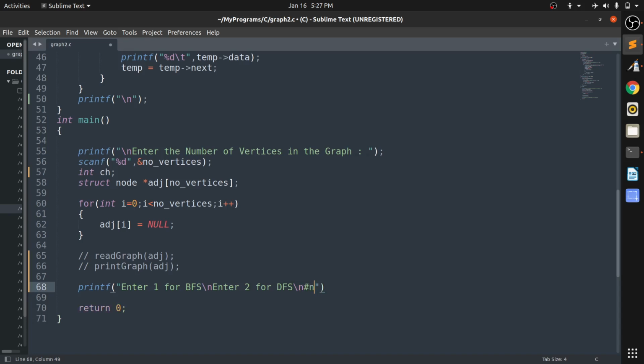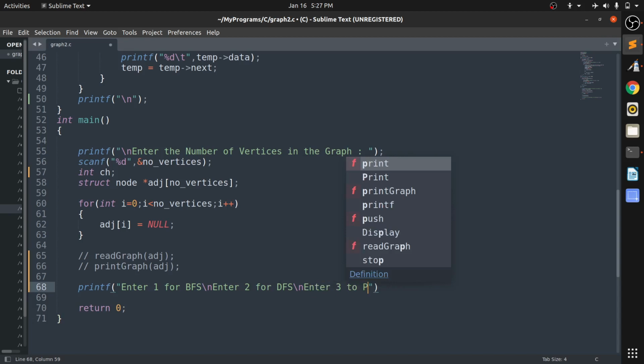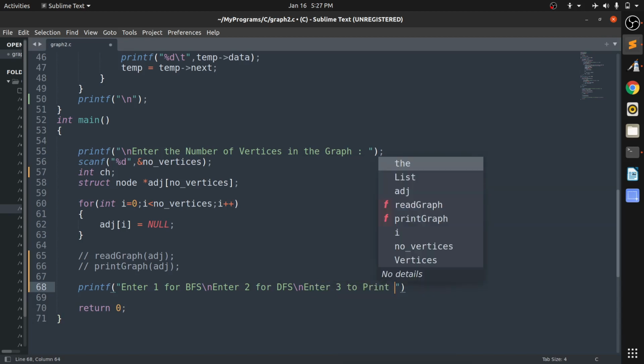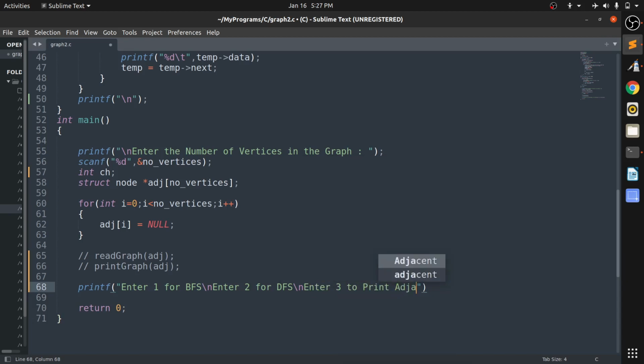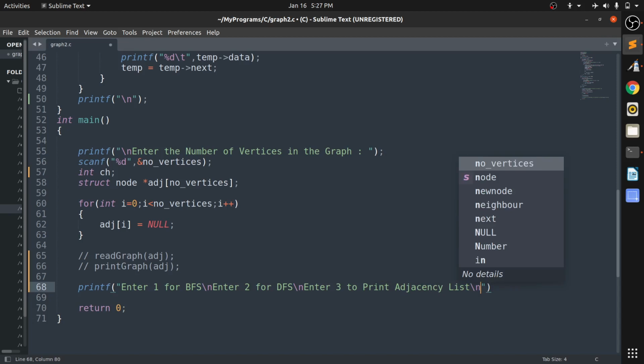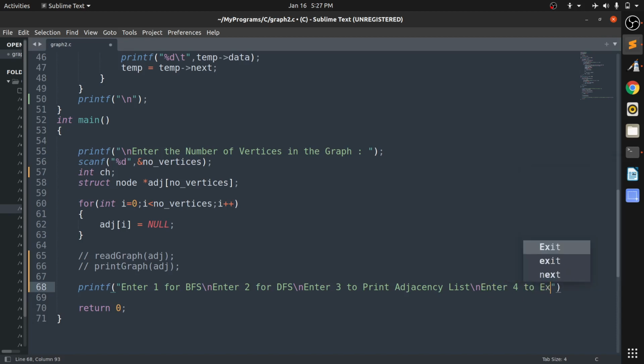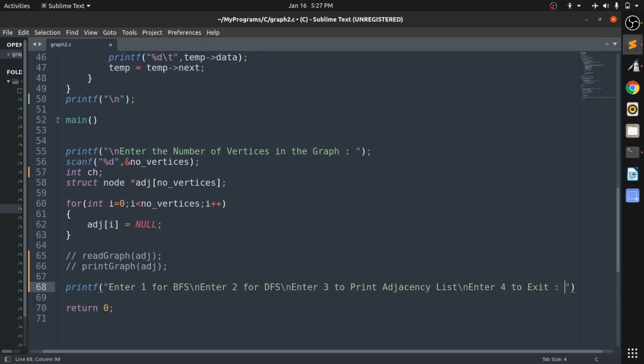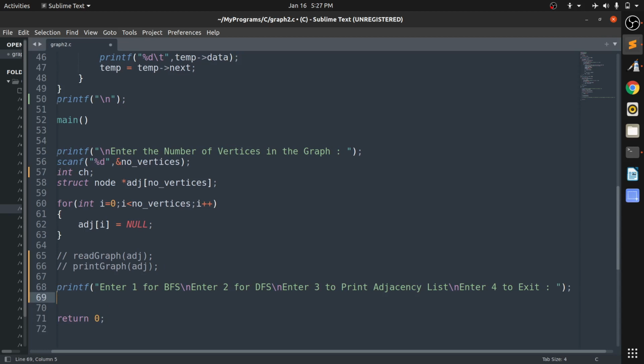Enter 3 to print the adjacency list. And finally, enter 4 to exit. Now we are taking the input from the user.